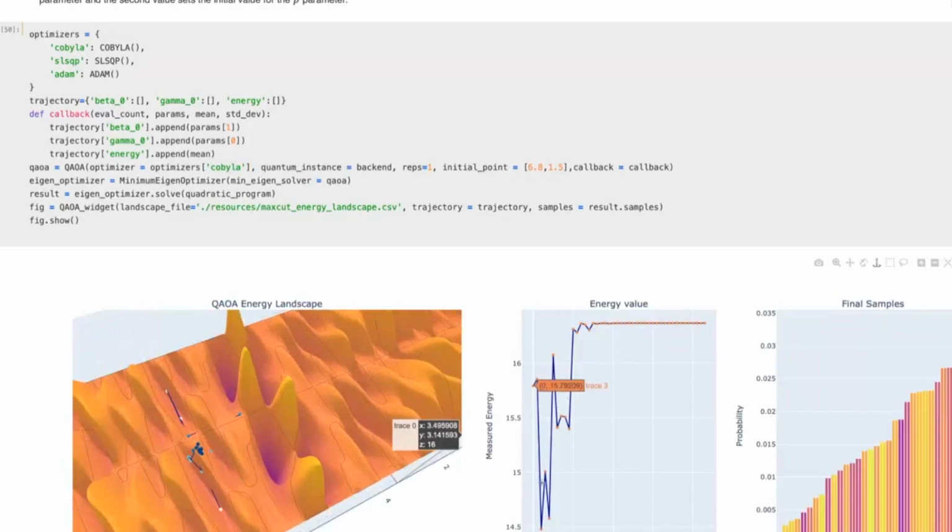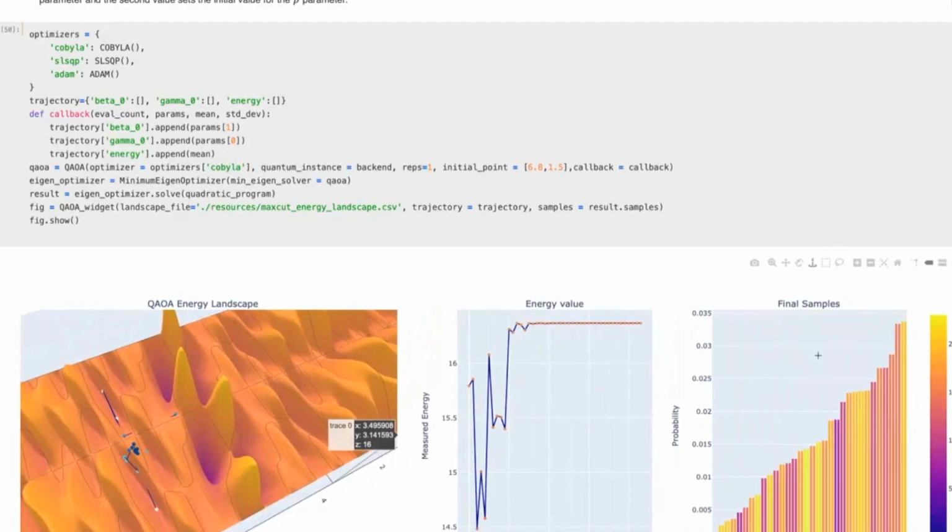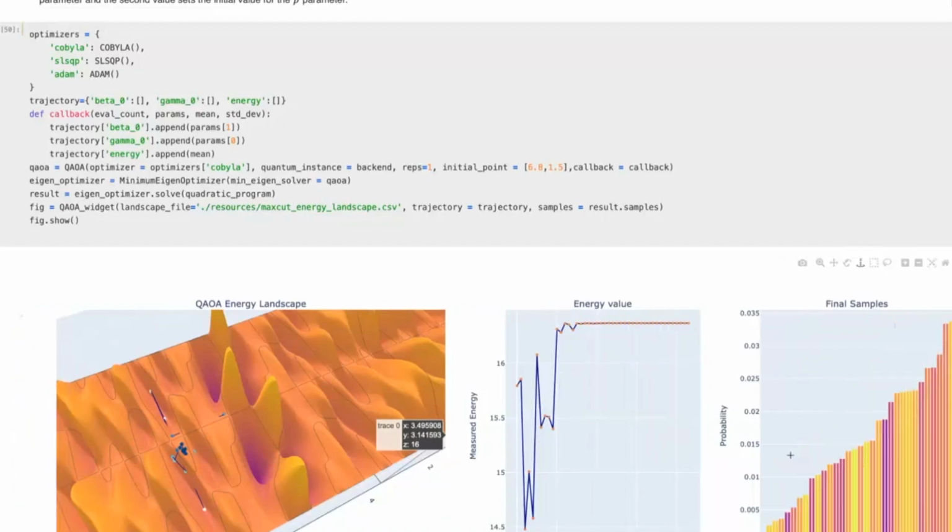Okay, so we can see this reflected in the energy value, which doesn't get much higher than 16.5, whereas before we went to an energy of something around 20. And we can also see it in this final sample graph. We see now that the colors are not ordered anymore. So we have large overlap with some quantum states that have a very bad value and only very small overlap with the ones that correspond to the optimal solutions, which we actually would want.